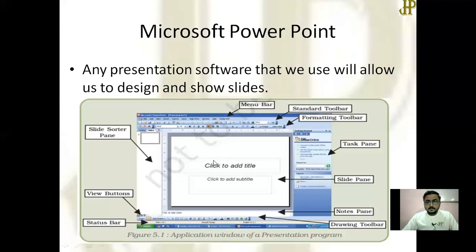After these three panes, there is also a new pane known as the notes pane under the slide pane, where you can write something extra you want to add to the slide.